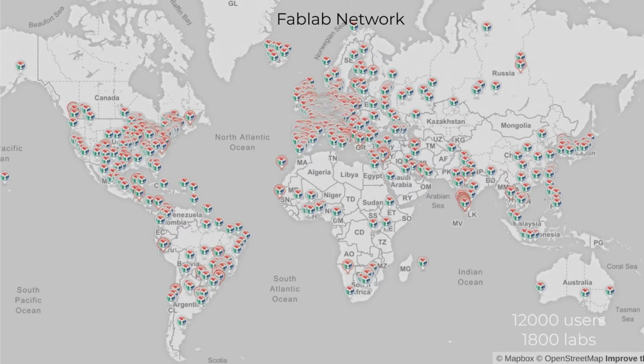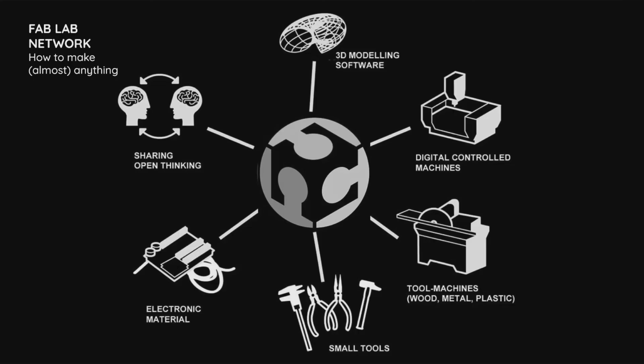And I say socialize, I don't say democratize, because democratize has to do also with politics, but socialize is different. It seeks to socialize access to new technologies, and it does this by setting some standards of tools, of machinery, equipment. There is an inventory, but the most important part is the part where you have brains, that it's about sharing and open sharing and open thinking.